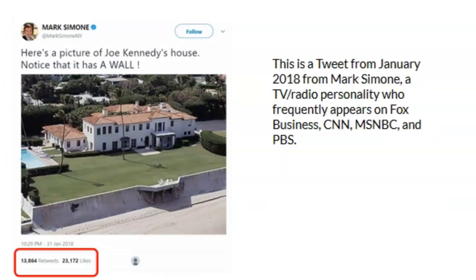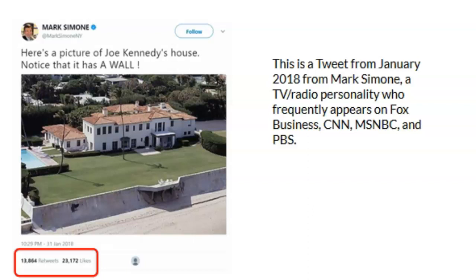Here's where falsified information can take a darker turn. Let's take a moment to digest this. Using your powers of observation, look closely at the picture. What do you see? Without using any technology yet, we can see sand in front of the wall and a patio set just on top of the wall.